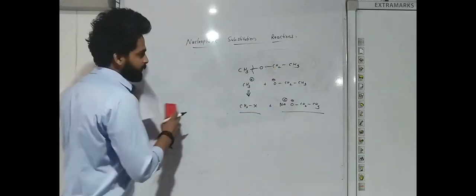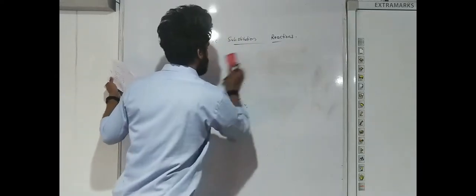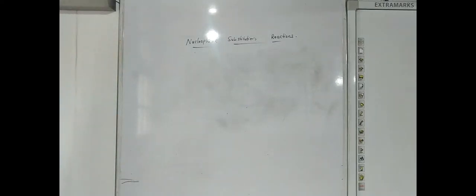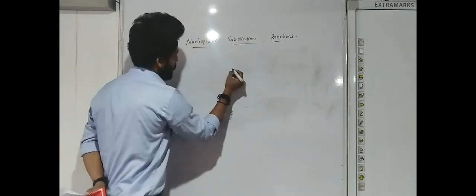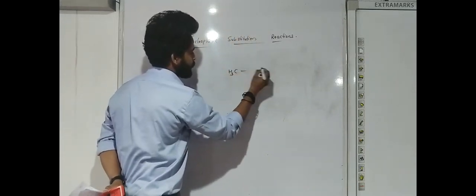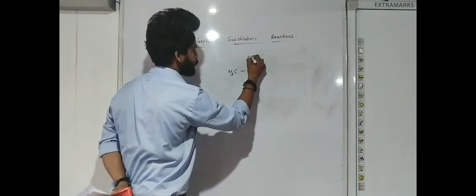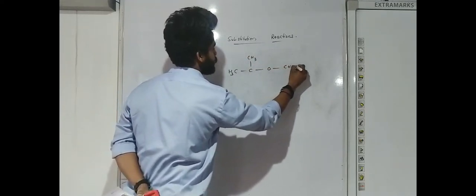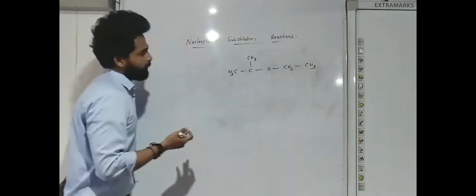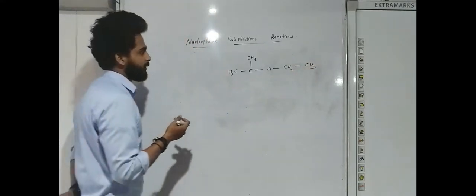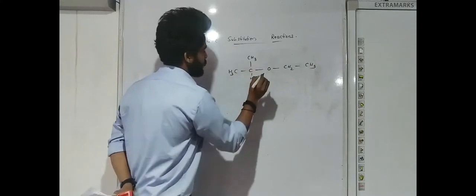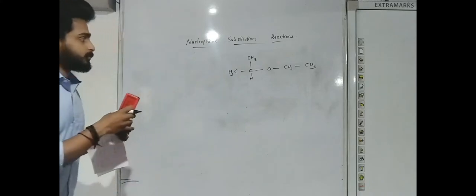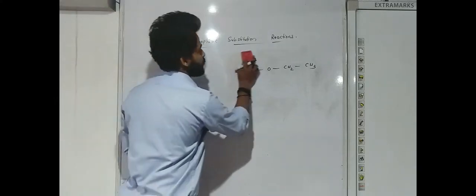Okay, so the next reaction that we are going to discuss is the cyanide addition reaction. Before that, this is a question for you guys. How do you prepare this compound? This is an example of another ether. We have to prepare this compound. How can you prepare it using a nucleophilic substitution reaction, or in general using the Williamson synthesis?